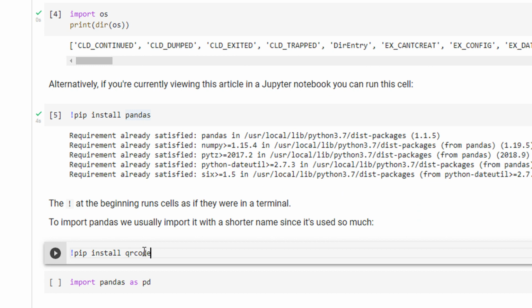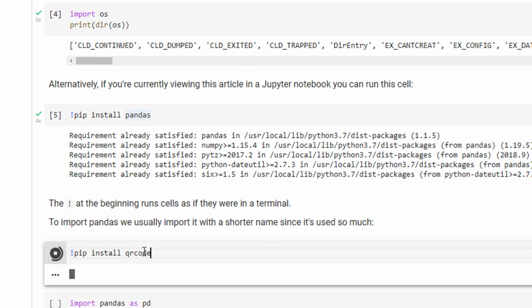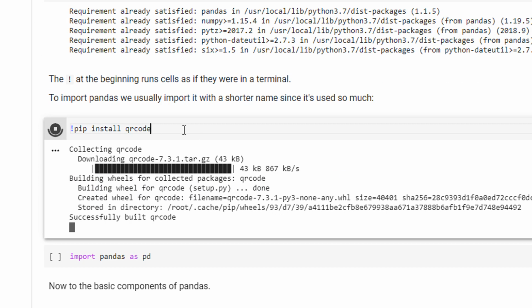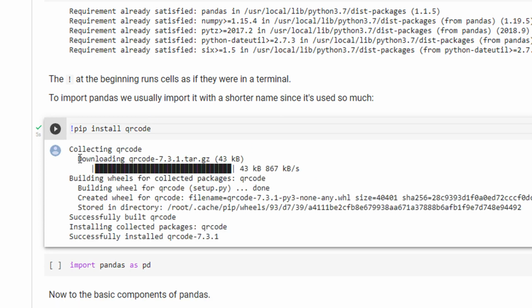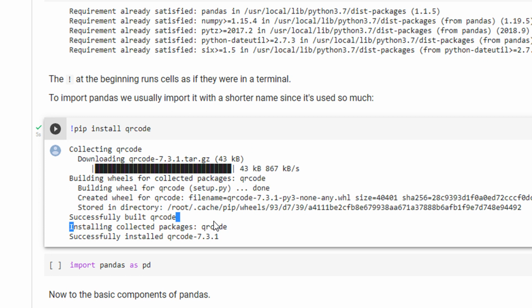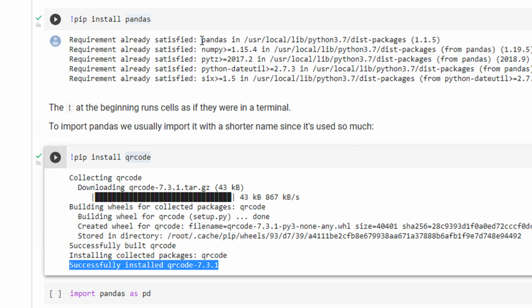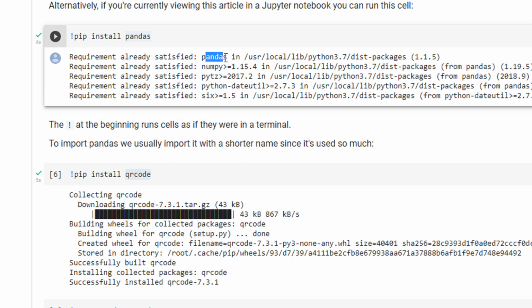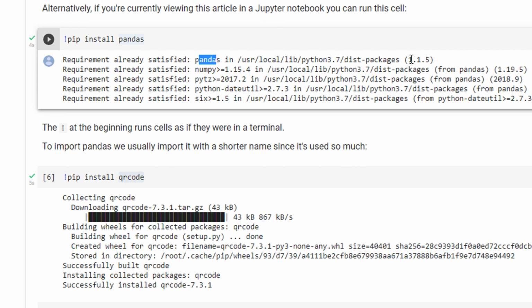I think qrcode is a library in Python for generating QR codes. If the library is not installed, it will download the library and then install it. It says installing collected packages qrcode, which is the same as what you typed here, and then it says successfully installed qrcode version 7.3.1. In this case, you can see requirement already satisfied. So pandas is installed and the version of pandas is 1.1.5.